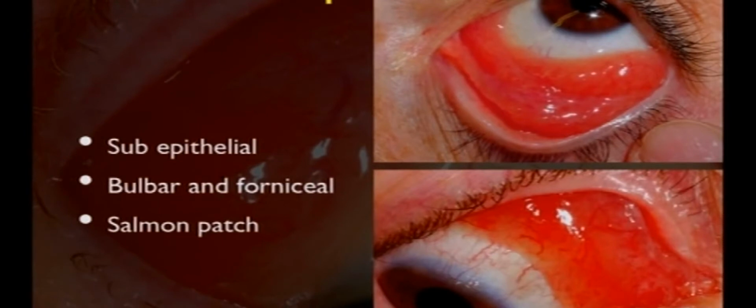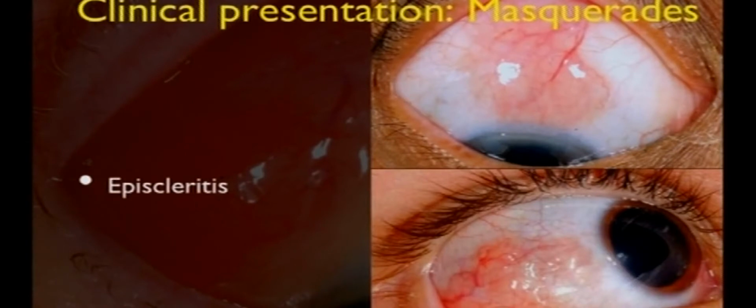And the salmon color to this lesion is what is most pathognomonic. Certain times, it can even look like a faded salmon-colored lesion, which otherwise might be taken as a run-of-the-mill episcleritis. However, the points to note here would be that these patients typically don't have inflammatory signs and they don't have pain and tenderness. Also, if you were to put these patients on any form of treatment for episcleritis, you would not see a very good response, and also the clinical history will not give you the typical waxing and waning